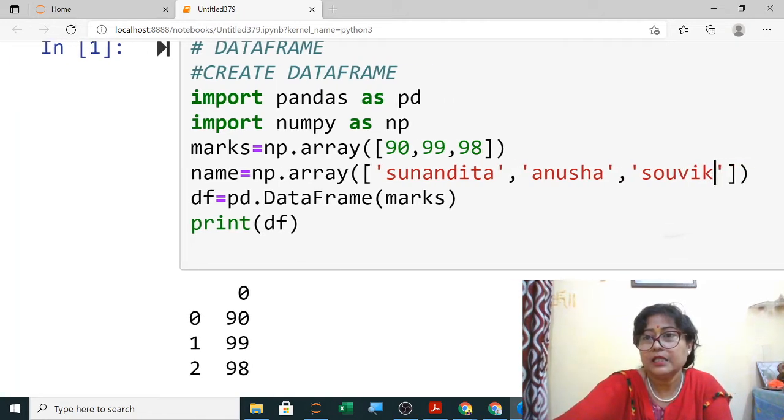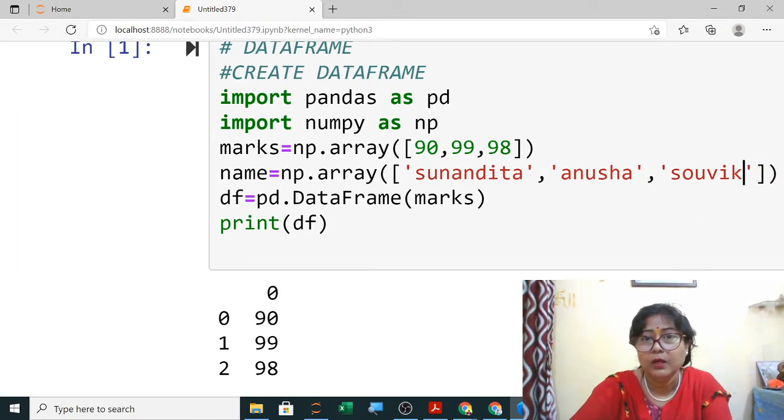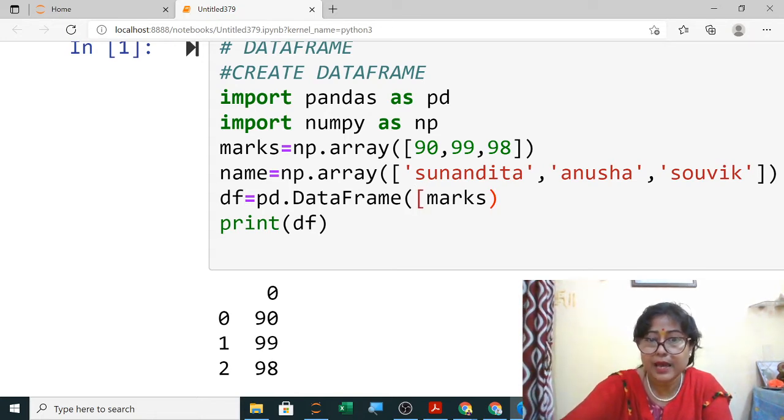So these are in single quotes. Now here in data frame, what you have to do, name and marks, both you have to give. So in square bracket I am giving here first name and comma marks. So this data will be displayed.